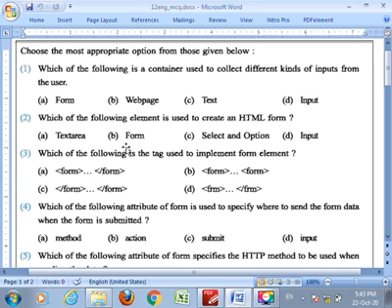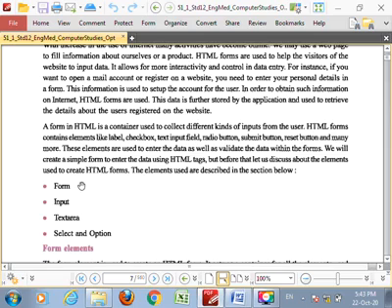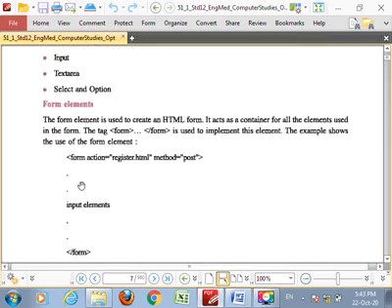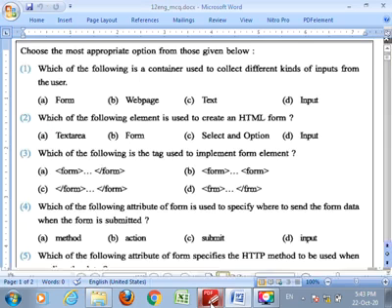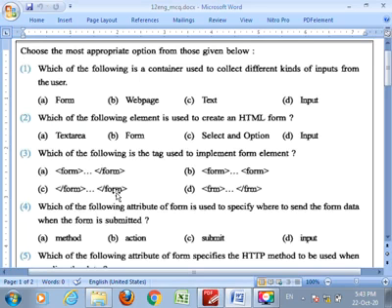So friends, your answer is option B, form. Here we clearly write that the form element is used to create an HTML form. Clear friends? Now we discuss question number 3.